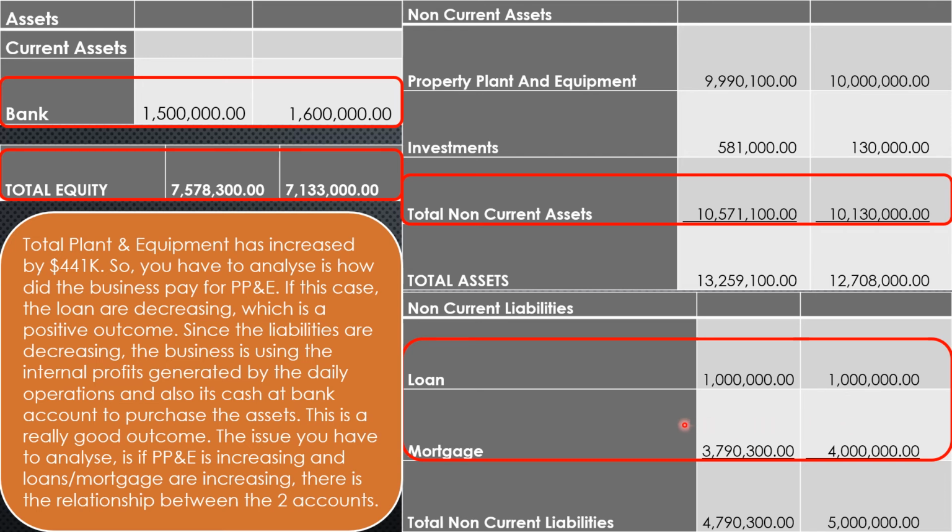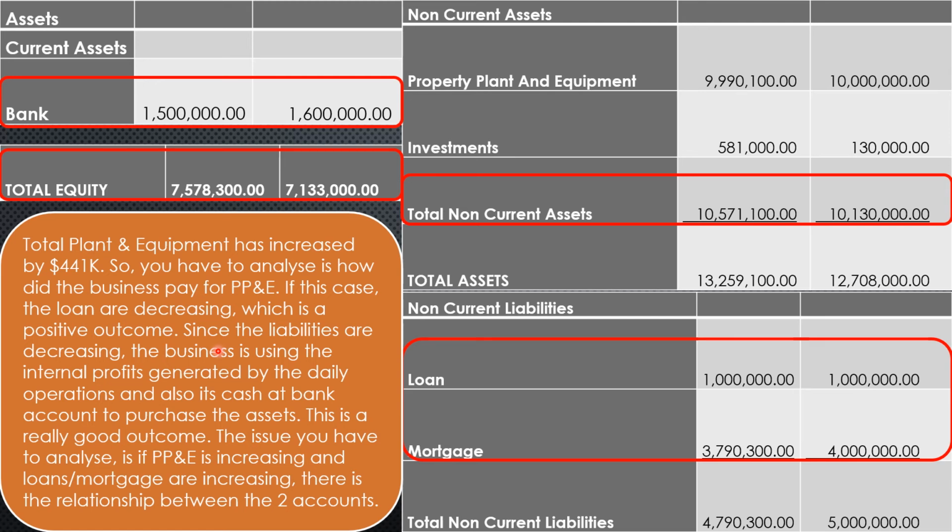So you can safely say that this $441,000 increase in our assets is primarily due to our profits, which are coming from our equity account and also from our cash at bank account. So I'm just going to read this here. Total plant and equipment has increased by $441,000,